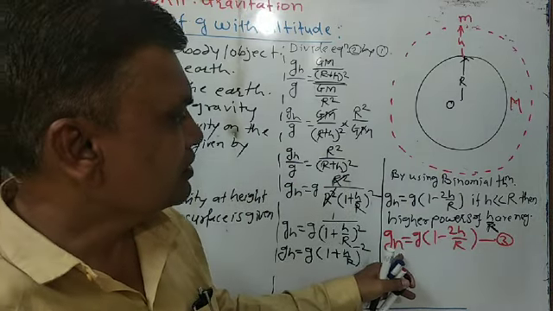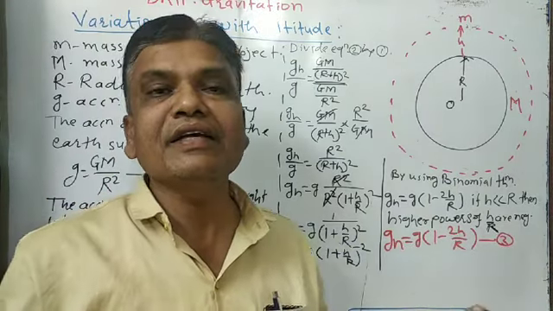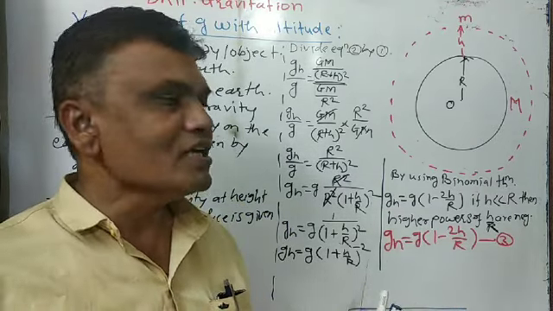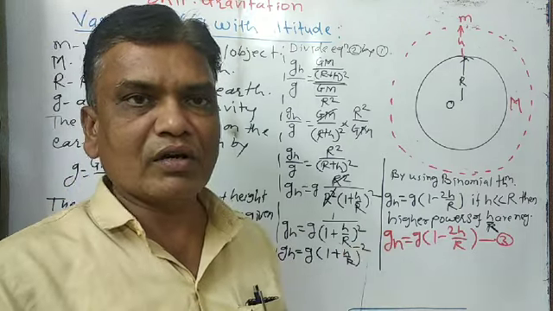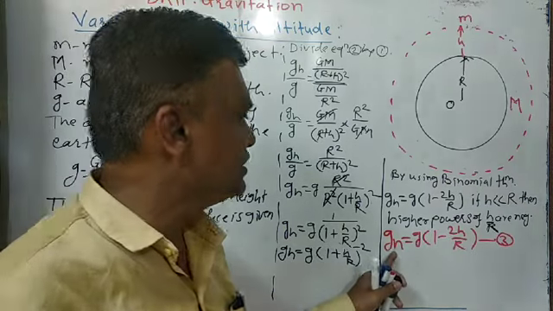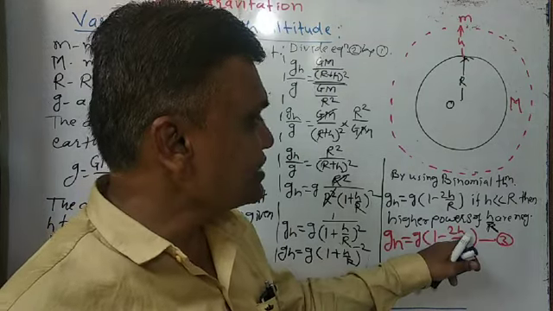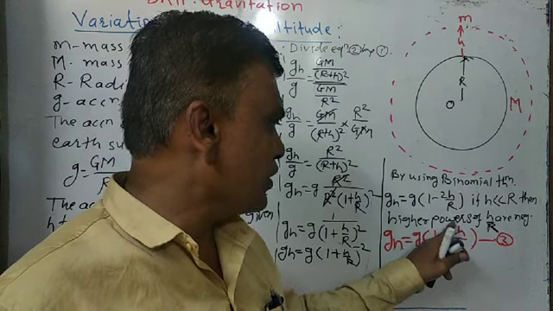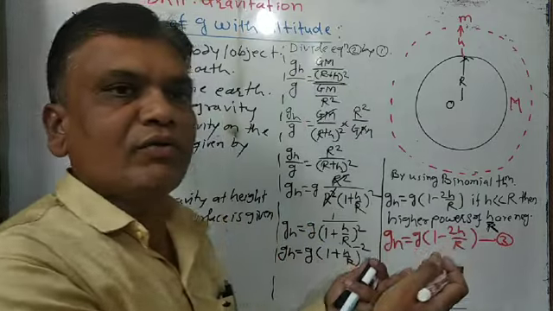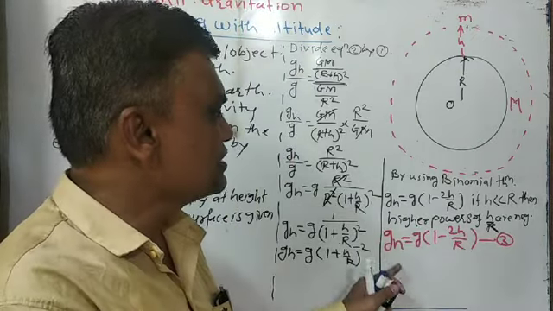This equation shows that as we go far from the earth's surface, or as altitude increases, the value of g decreases. So here g_h goes on decreasing. g_h is the acceleration due to gravity at height h from the earth's surface. So from this equation it is clear that as we go away from the surface of the earth, the value of g goes on decreasing, because here R is constant, and if h increases, then the ratio of 2h by R also increases. Therefore the total bracket value will decrease, and that's why g_h will decrease.